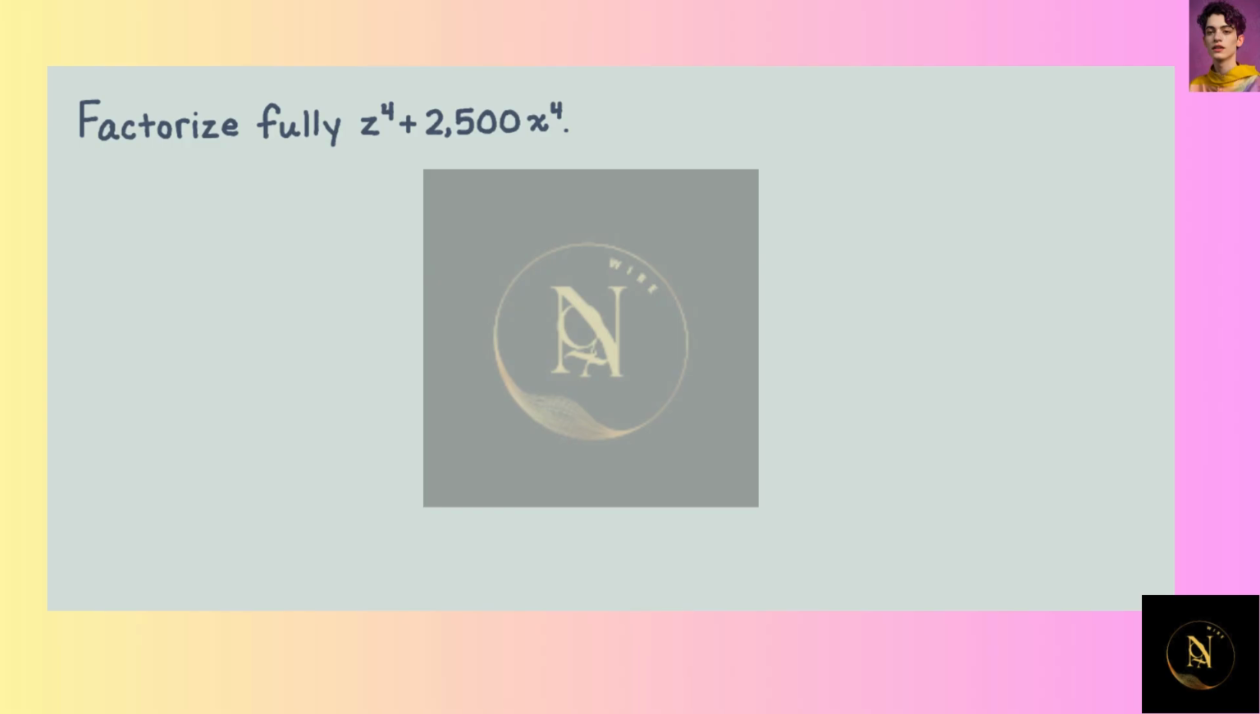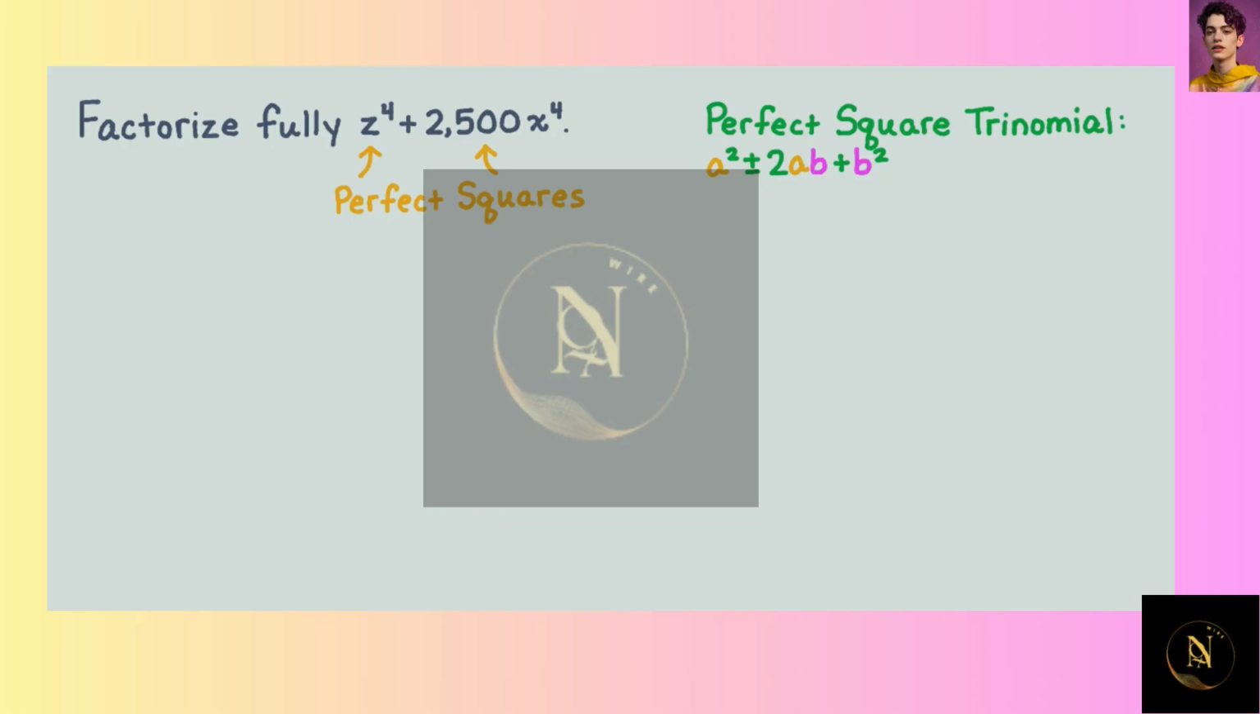Factorize fully z to the fourth power plus 2,500 x to the fourth power. We notice that the polynomial contains two perfect square terms, so we will attempt to factor this expression by completing the square. To use this method, we need to manipulate the expression to include a perfect square trinomial in the